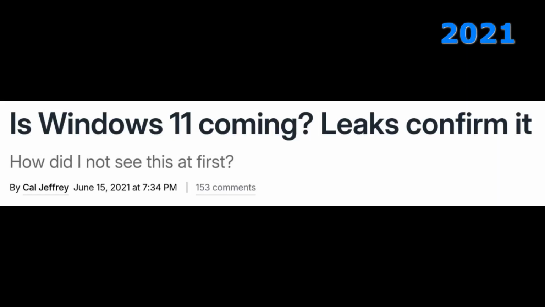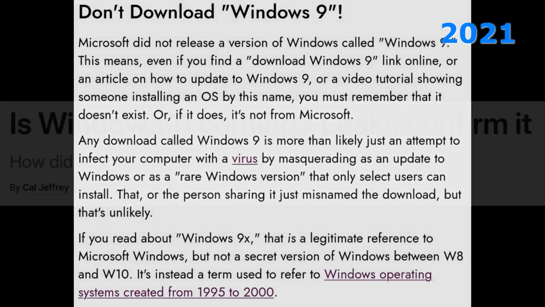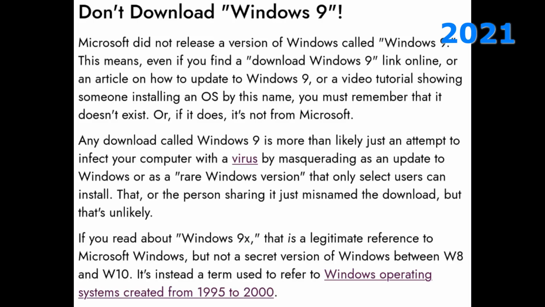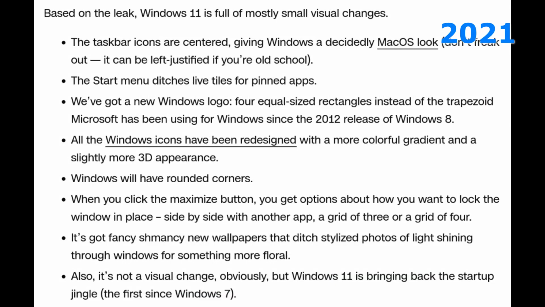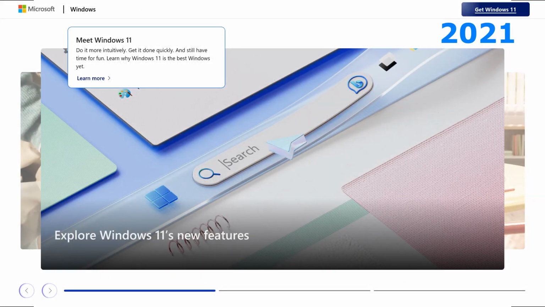In 2021, rumors and leaks started appearing about Windows 11, and I have a bit of a funny story with it. I had recently read about some Windows 9 pass around as some malware, so when I heard about Windows 11, knowing that 10 was supposed to be the last edition, I didn't believe them, passing it off as some hoax or another scam. But then, Windows 11 got officially announced by Microsoft and released on October 5.